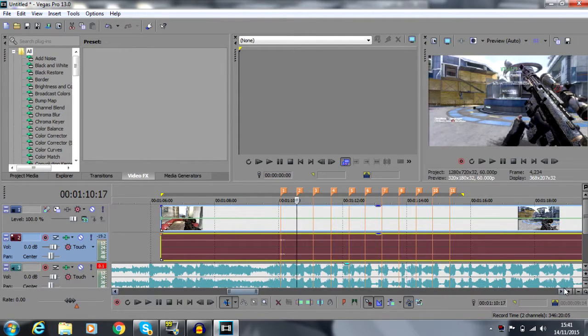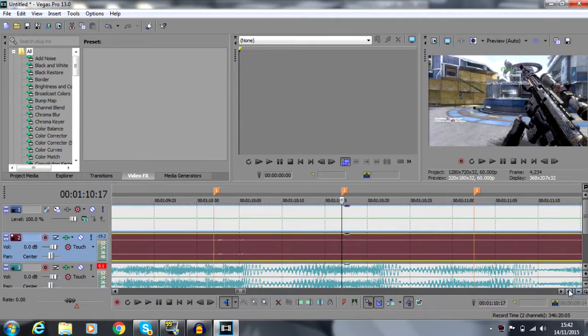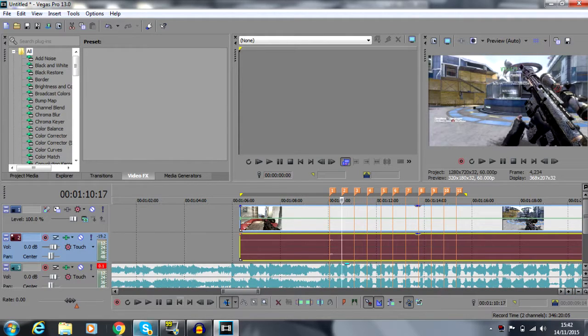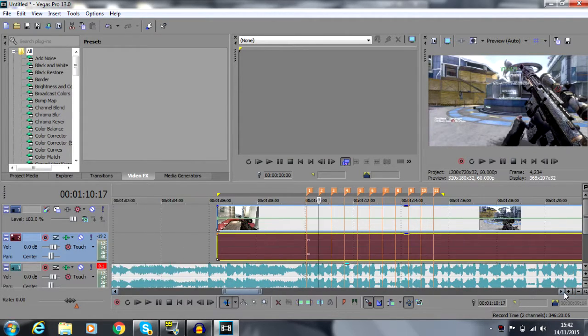If you don't want to do it that way, all you gotta do is see where the spike is. It kind of spikes up here, but I kind of got a bit off. It spikes up here, and then that's where you can put in your marker by just pressing M. That's basically it. Alright, so now we're just going to go into basic velocity, and this should not be difficult